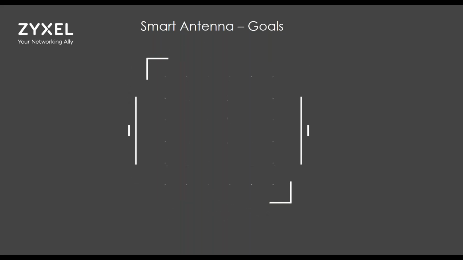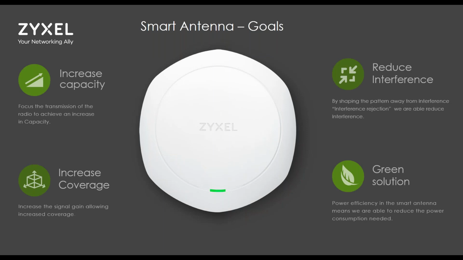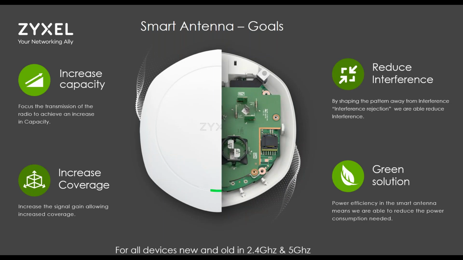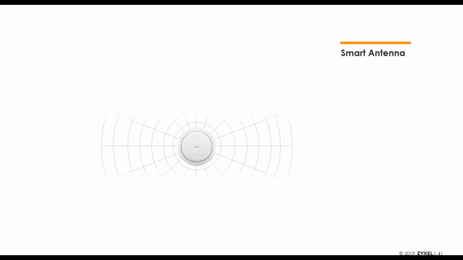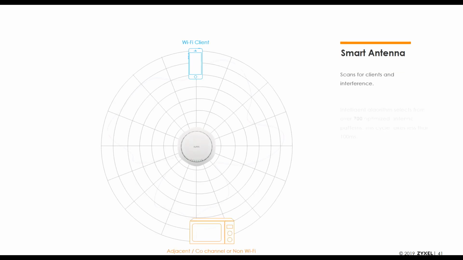One of the other technologies that we've implemented into our access point is the smart antenna. Smart antenna is designed to increase capacity, reduce interference, and increase the coverage. And because of how this smart antenna works, you can actually reduce the power consumption required by the access point, meaning that it's not having much of a draw either. This is available on both 2.4 gigahertz and 5 gigahertz. So what it actually does is it will provide a client